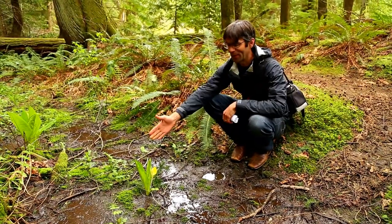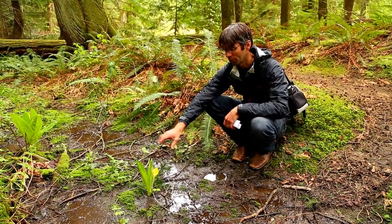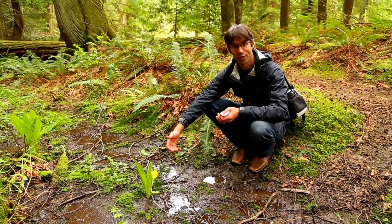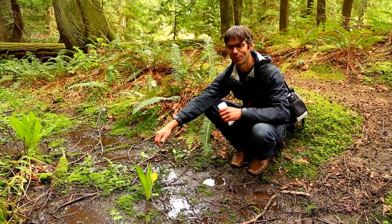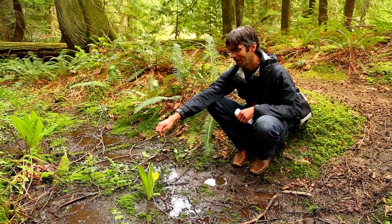So here we have a plant that loves growing in wet soils. It's an obligate wetland plant. It only grows in wetlands. And it's called skunk cabbage because of its smell. Smells like a skunk and looks superficially like cabbage, but not surprisingly it's not closely related to a skunk and only very distantly related to a cabbage. And the skunk cabbage